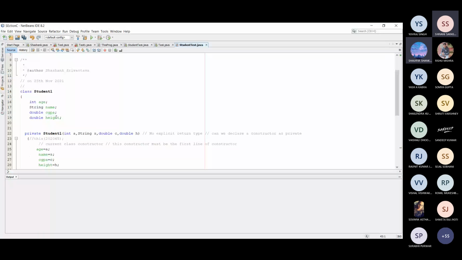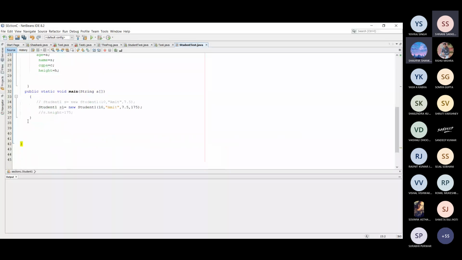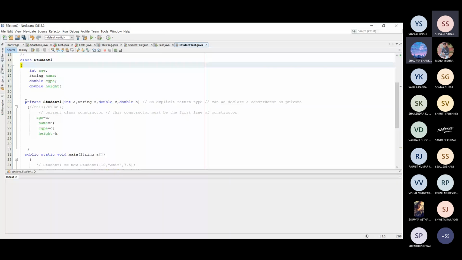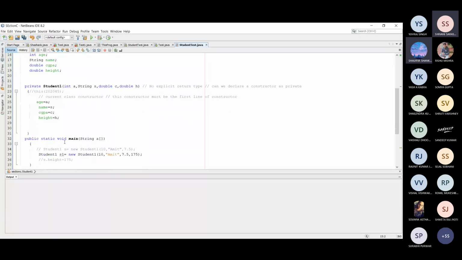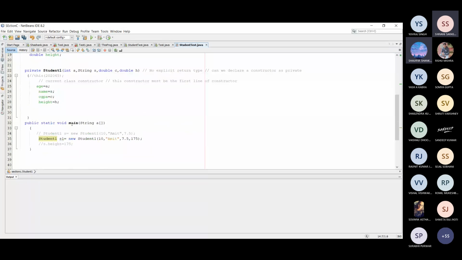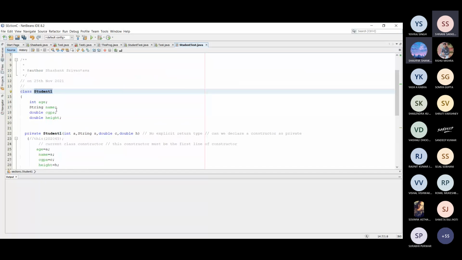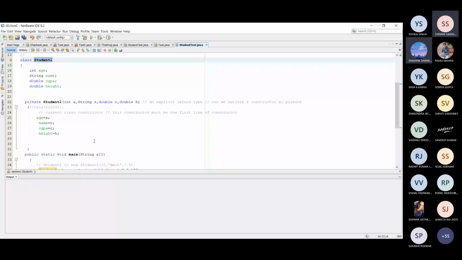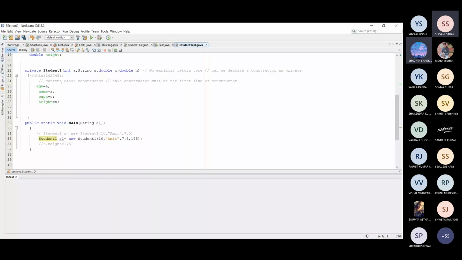So here I just removed the other class, and the class is only student1, and this is the private constructor, and the main method is also part of the student1 class. This main method, which was until now part of the main class, is now also part of the student1 class, and in the main method you are now able to call this private constructor student1.